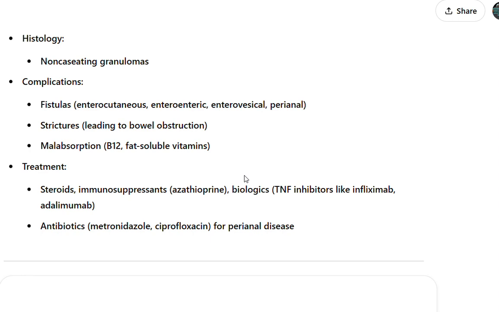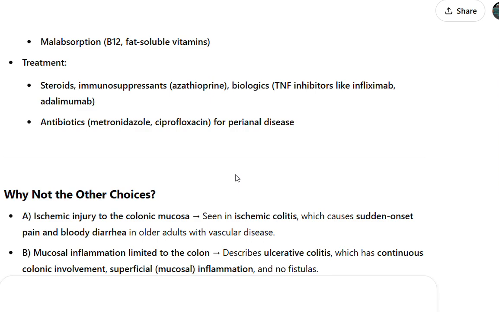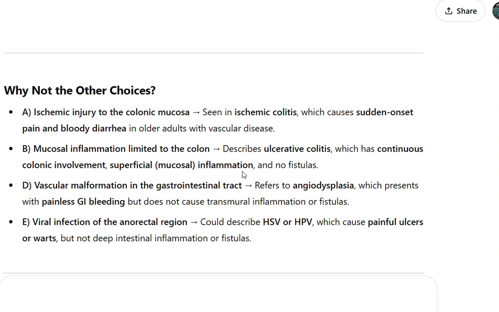Why not the other choices? A. Ischemic injury to the colonic mucosa is seen in ischemic colitis, which causes sudden onset pain and bloody diarrhea in older adults with vascular disease. B. Mucosal inflammation limited to the colon describes ulcerative colitis, which has continuous colonic involvement, superficial mucosal inflammation, and no fistulas. D. Vascular malformation in the gastrointestinal tract refers to angiodysplasia, which presents with painless GI bleeding, but does not